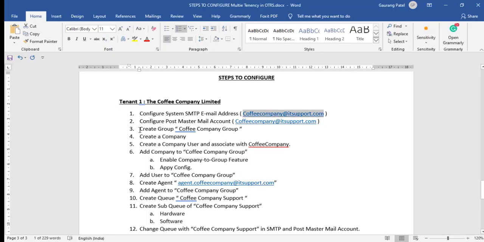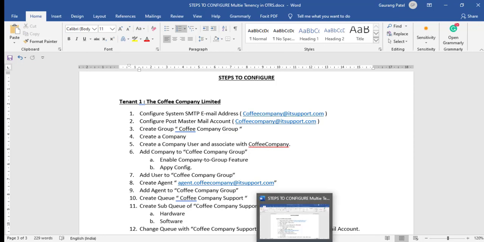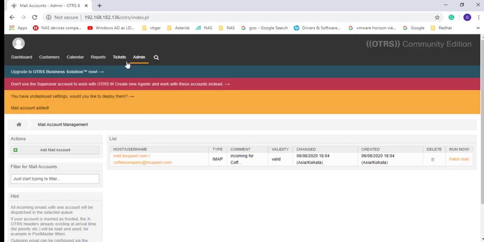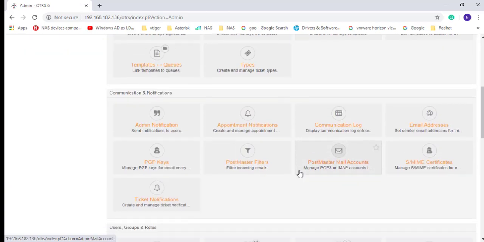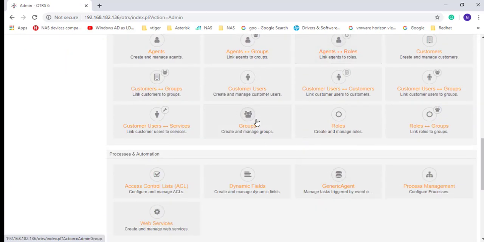Let's go ahead and check step number 3, create a company group, right? So let's go ahead and create a company group. Why am I giving you a specific task to create a group first?